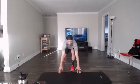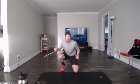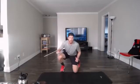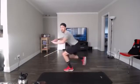Good. Grab that mat. Should feel it burning right here by now. Lowering your squat. Now try to lower down with the opposite leg of the one you did first time. I was doing my right the whole time, so I'm going to go down to my left now. Good. Remember, you're maintaining that squat here